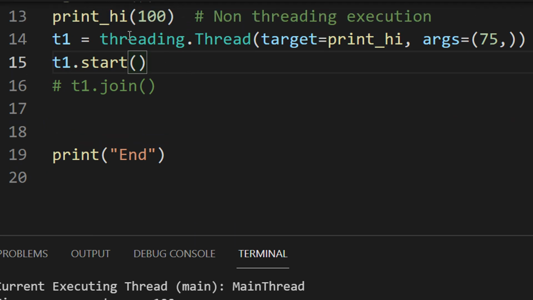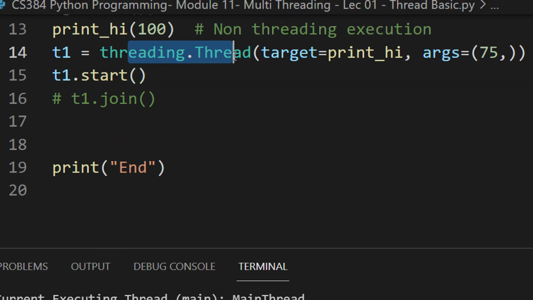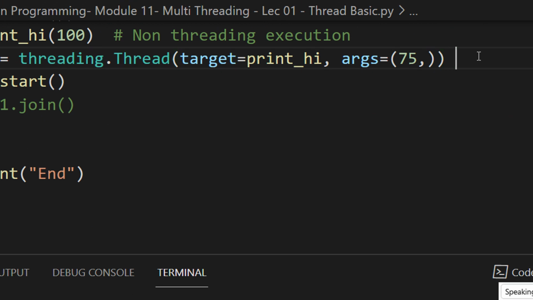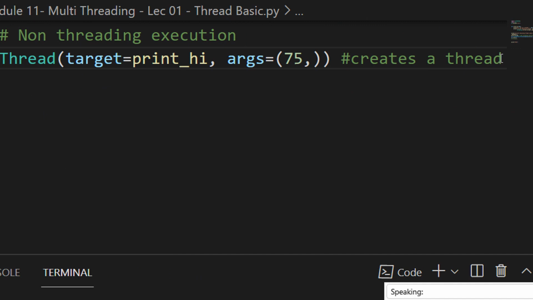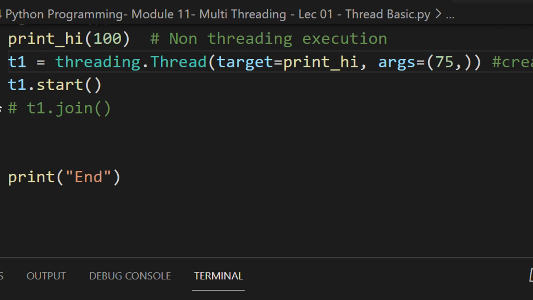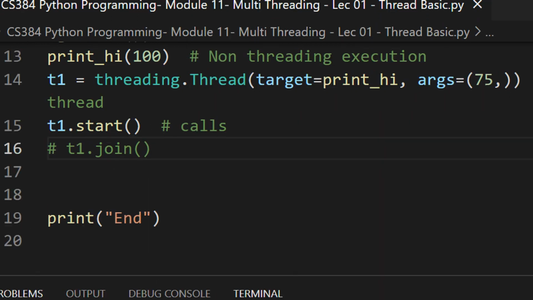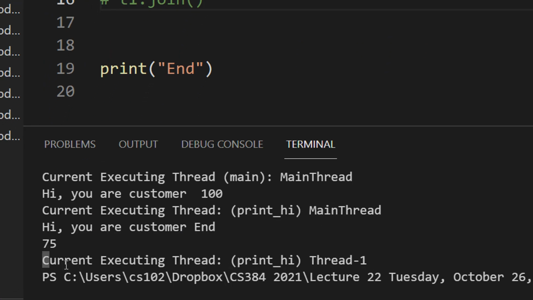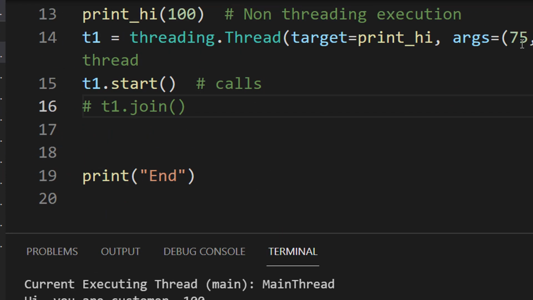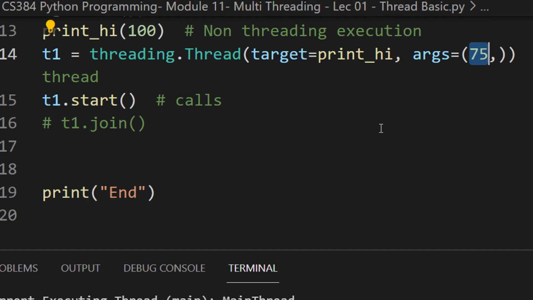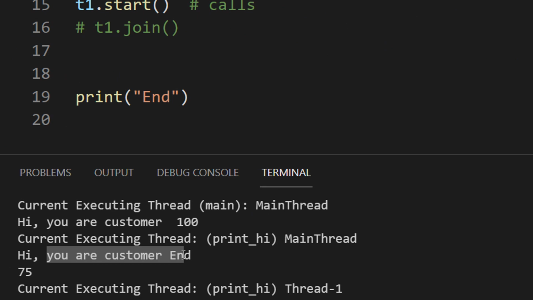So when I am calling this, it basically just creates a thread. This line just creates the thread and this calls the thread. Let me just execute the code. So you can see now current executing thread. Because I am passing the parameter 75 here, hi, you are customer 75.